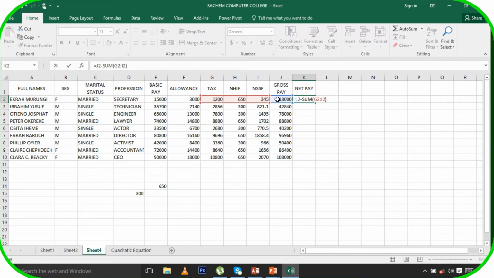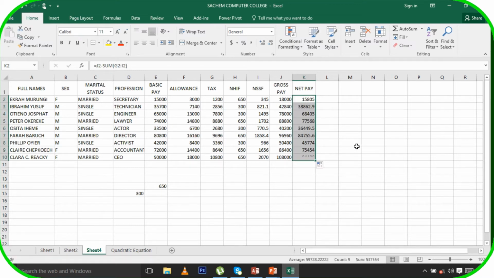That means J2 represents gross pay minus sum of G2, which is now the tax, up to I2. This is I2, not 12. It is I2 for this, and just press enter to get the right answer for that gross pay and that net pay. And that is how you can have a payslip calculation for all employees in a certain company